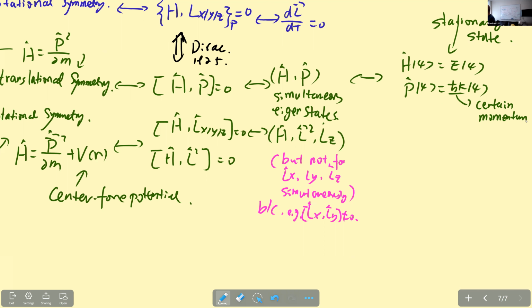So you can have a system in a stationary state so that the momentum is certain. This means for any state, the momentum expectation value will be time independent. So that's conserved, right? And similarly,